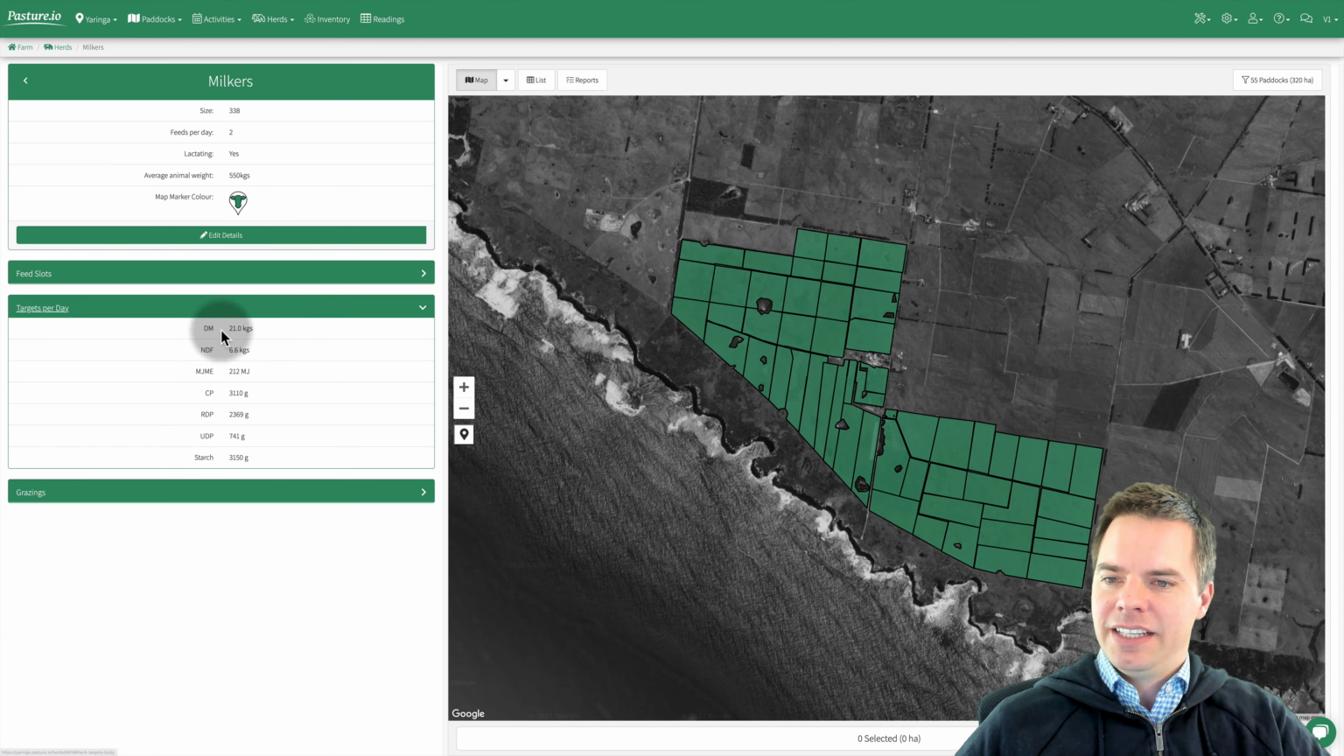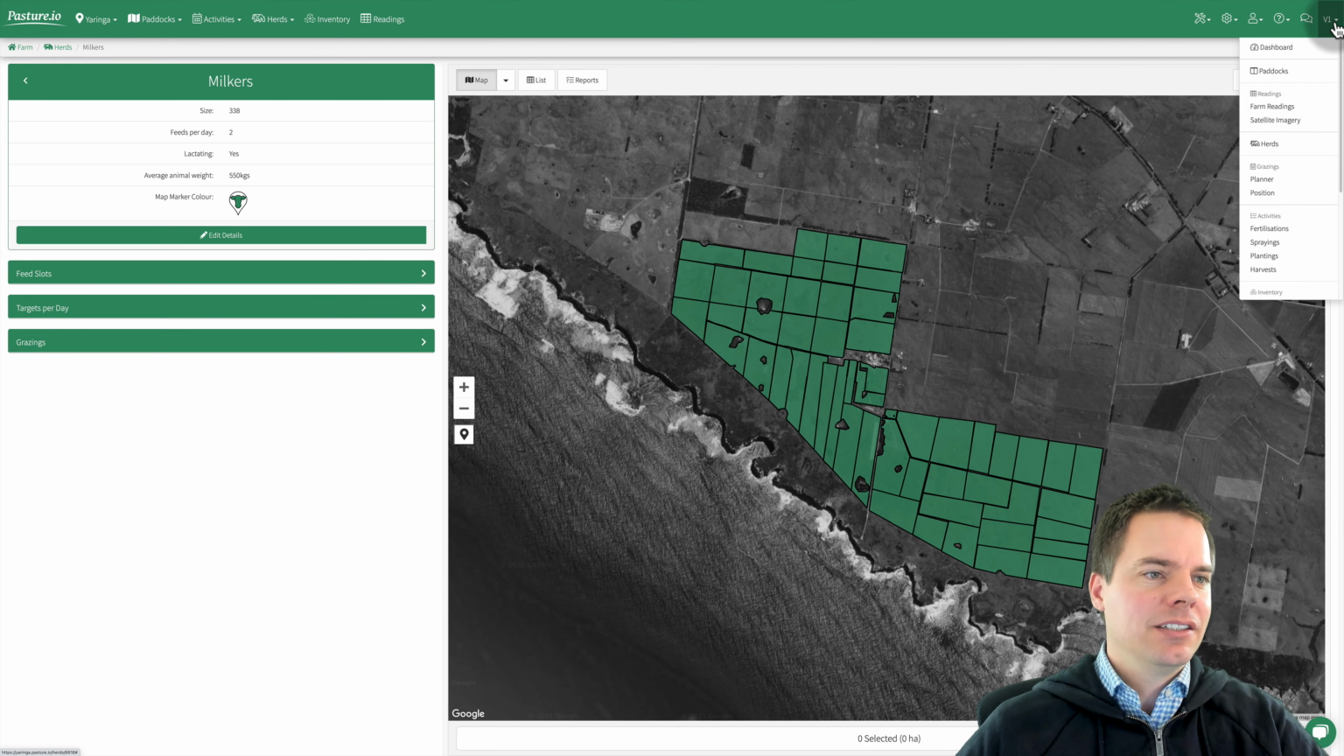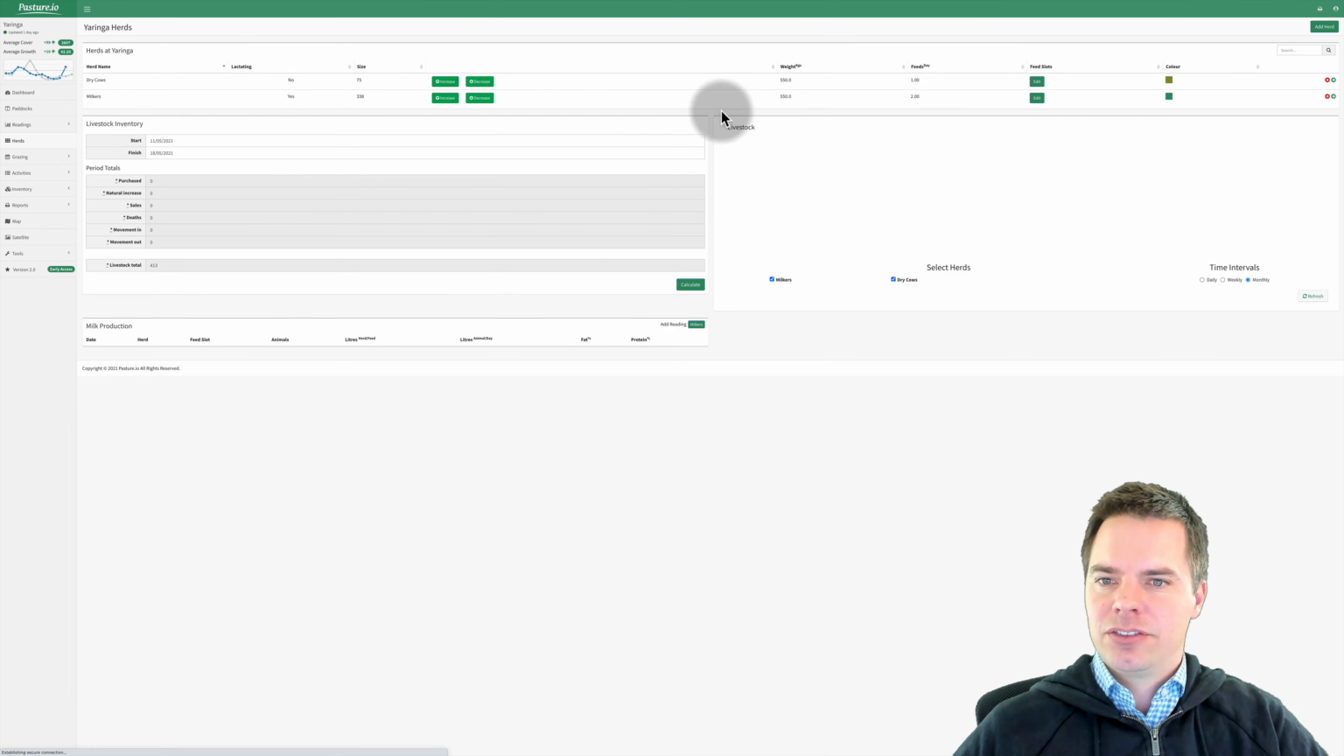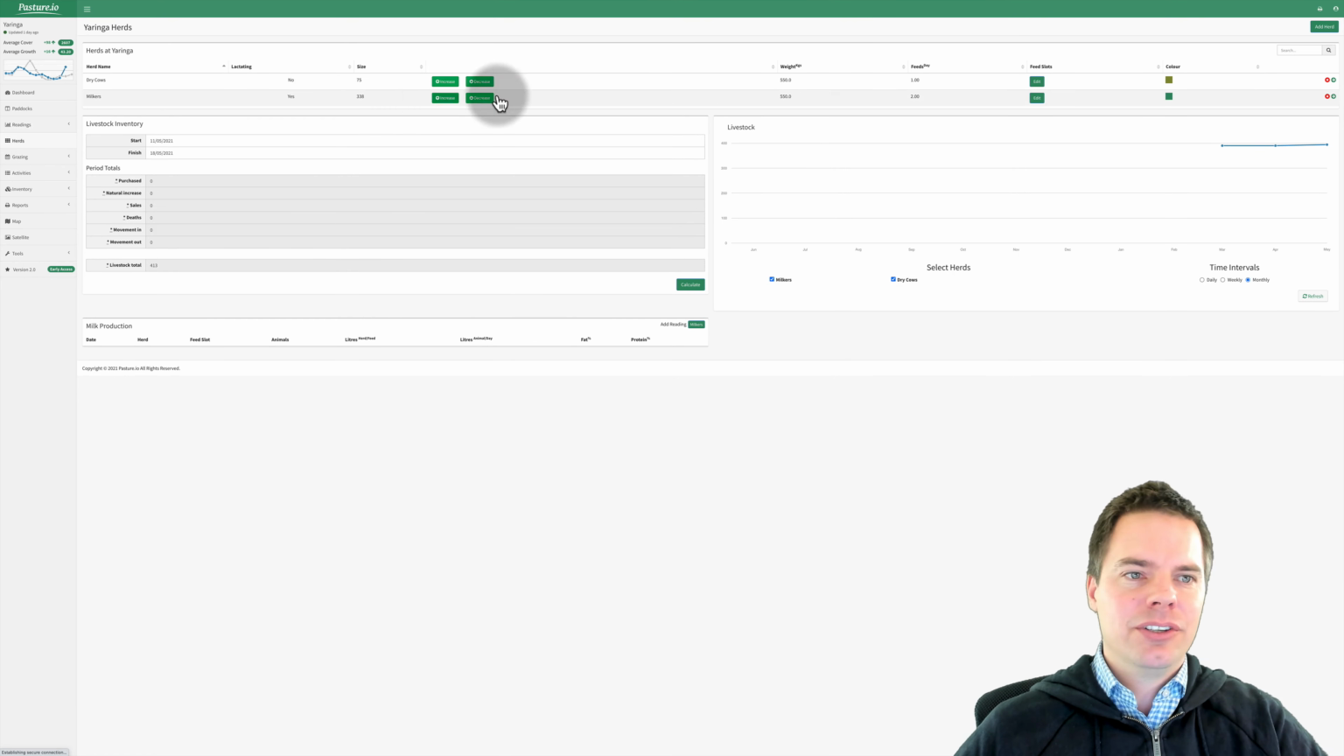Targets per day. So this is the nutritional stuff. This can be edited in version 1. Now to access version 1, you can come up here to herds. Now this will take us to the version 1 herds, where if we click on this row for this one for the milkers,